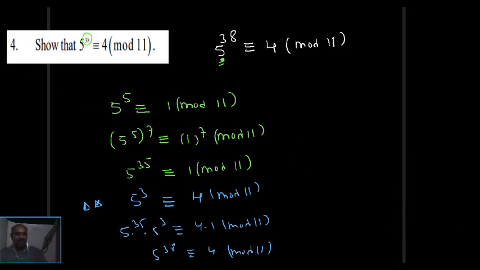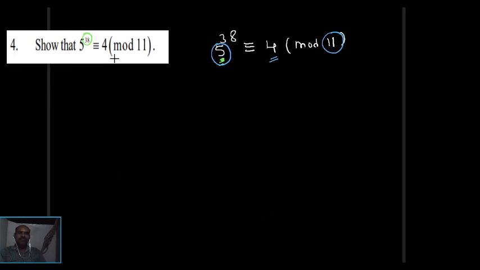Okay, one difficulty is there here. Now I will explain what that is. First of all, what is our plan for using congruencies? You need to find a relationship between 5 and 11. 5 power something divided by 11 should get a remainder of either 1 or 2. Then only the problem is easy. That's why I did 5 power 1, 5 power 2, 5 power 3, 5 power 4, 5 power 5. At 5 power 5 I got 1. If at 5 power 5 I didn't get 1, again I would check for 5 power 6, 5 power 7, like that. Okay. Or another way, I can also solve this problem, and I will show you.